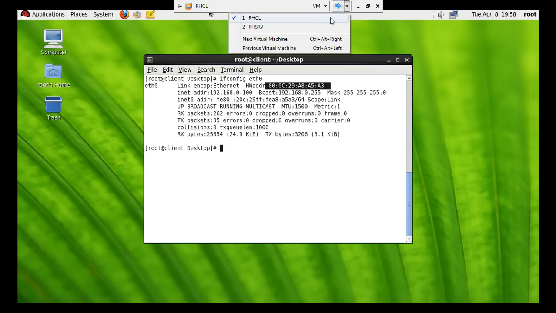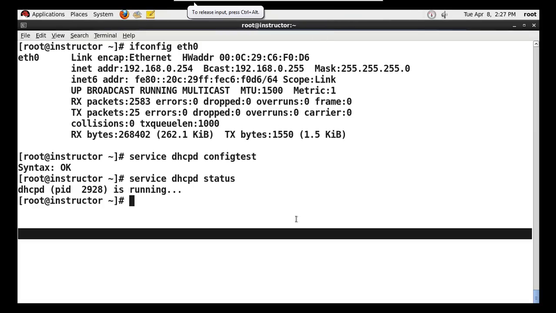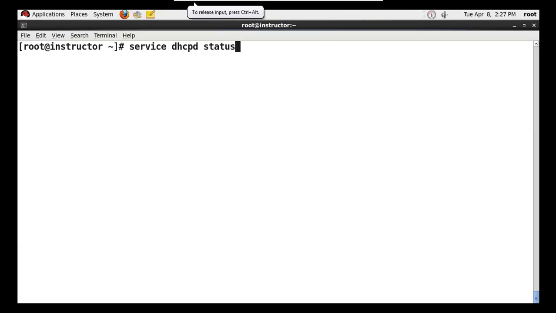We need to verify the information from the server side. So I am switching to the server machine, and let me check the lease file.